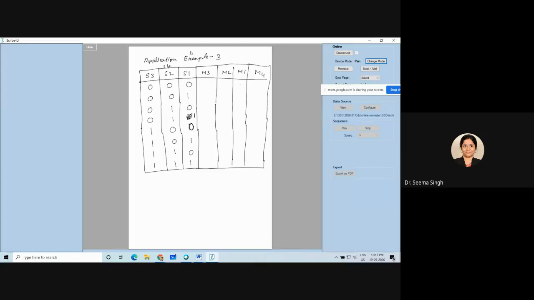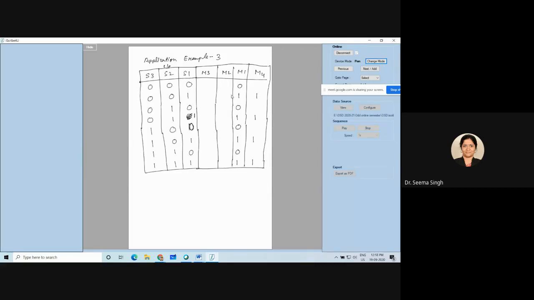So M1 will be what? It will be just a copy of the S1 column, because whenever product is present, then the motor will be on. And when your first belt is on, for all those cases your M4 will be on. Your master conveyor belt will also be on, taking care of the product which is coming from M1. So this is the way of filling up the truth table: understanding the question, the procedure, and filling up.